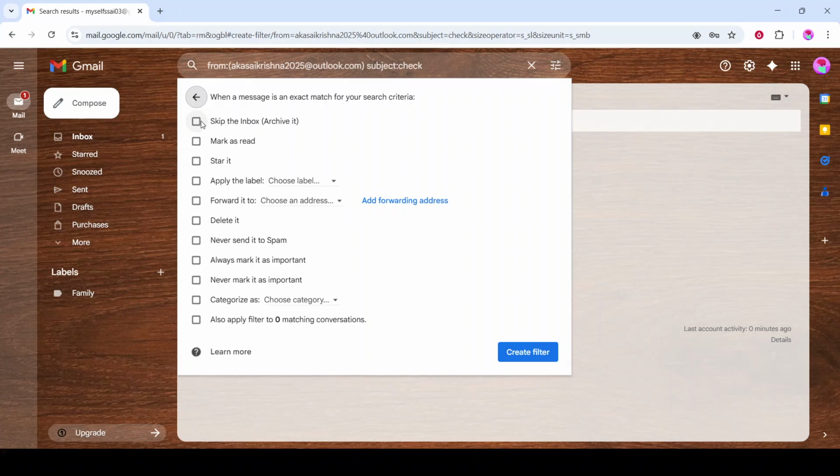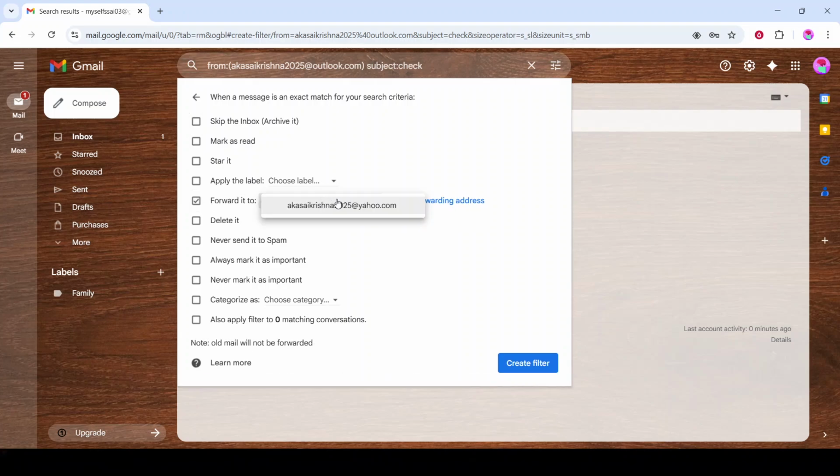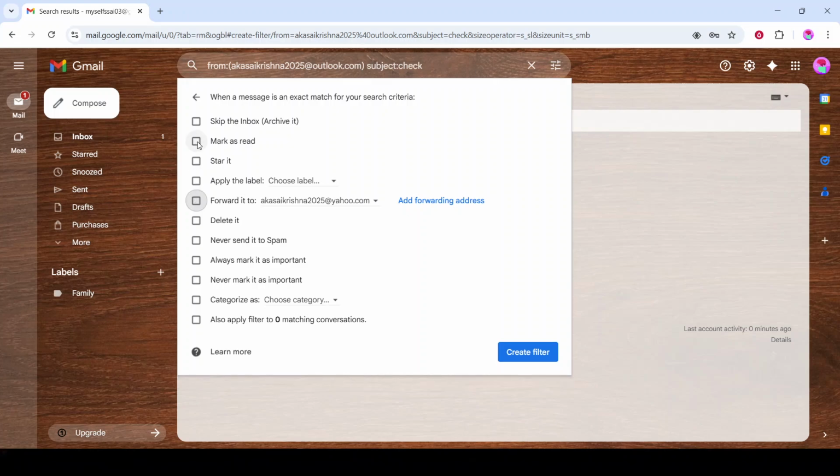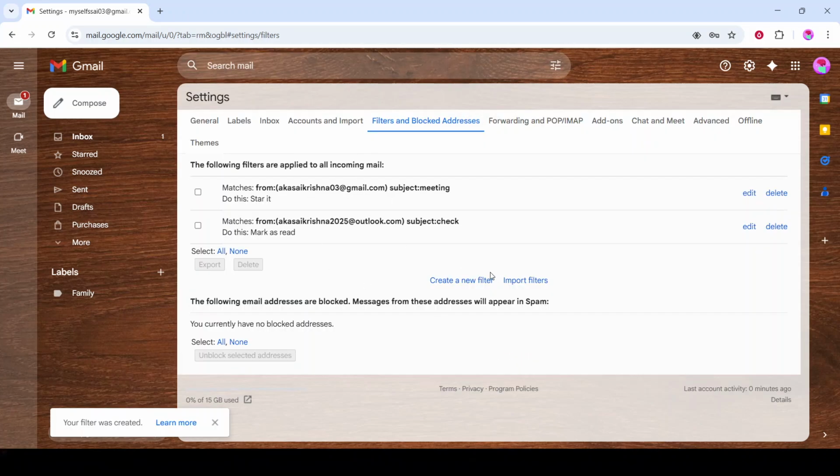Common choices include applying a label, skipping the inbox to archive, forwarding to another address you manage, marking as read, or deleting. Select what fits your workflow, and then save the filter so it automatically applies to future emails that